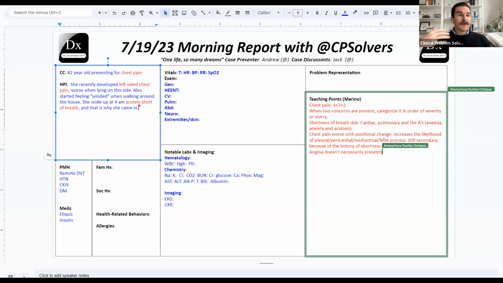So from a sequence of events perspective, seeing this person in the emergency room, I would prioritize the life-threatening cardiopulmonary causes up front, really paying close attention to the possibility of acute coronary syndrome. And if those hypotheses are falsified or their probability is decreased up front, then I think we can turn our attention to using some of this background information, like the ways in which the character of the pain changes when she's lying down. And for me, that would say pleural processes, mediastinal processes, and musculoskeletal processes.